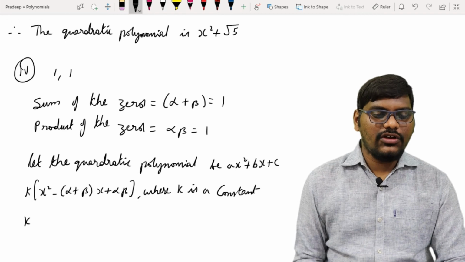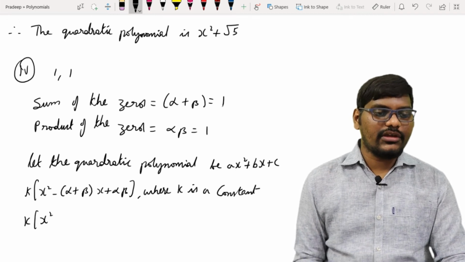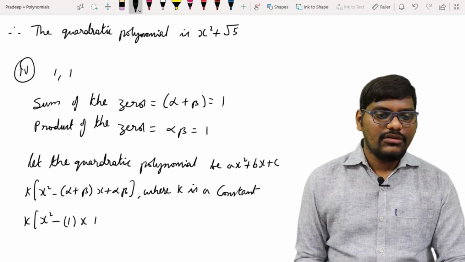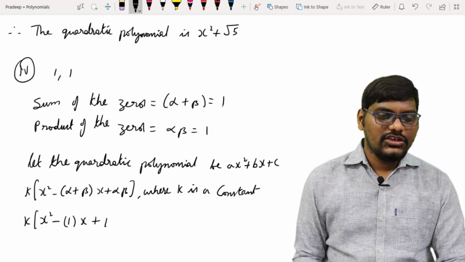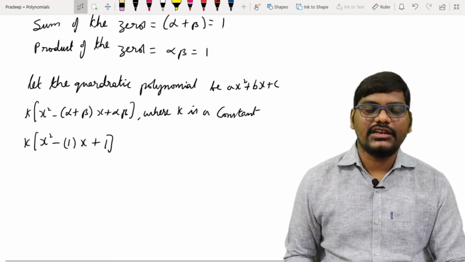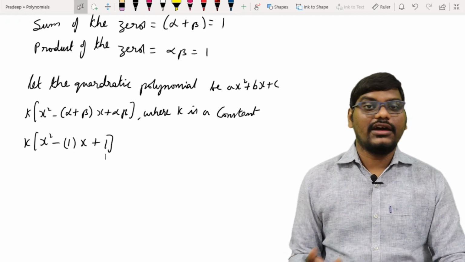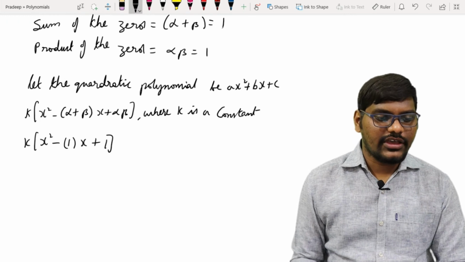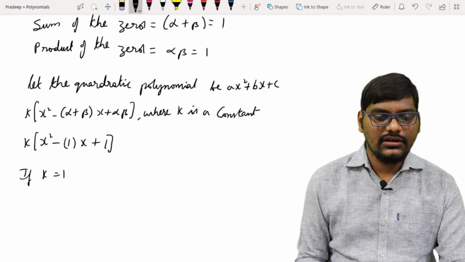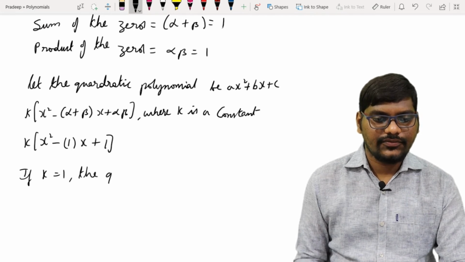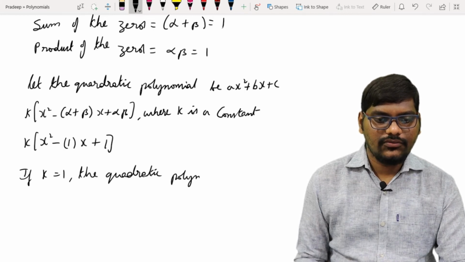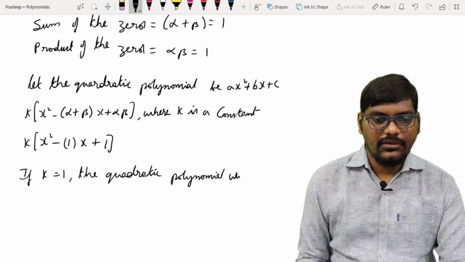Okay, so let's do this forward. So k into x square minus the sum, which is 1, alpha plus beta, we can simply write 1 into x, plus alpha beta is also 1. Okay, so this is obtained. As there is no denominator in this particular equation, we can take k value as 1, as we took in the previous question. So I can write here, if k equal to 1, the quadratic polynomial will be